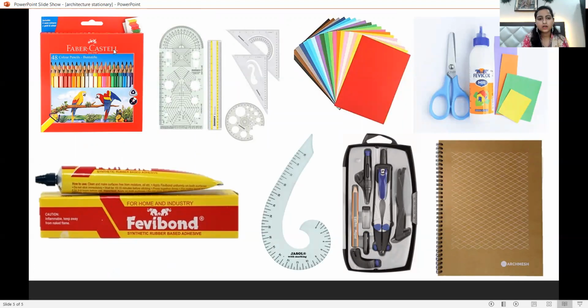And next are some of the other basic things, that is the pencil colors. If you think that the alcohol markers are costly, as an alternative you can also use watercolor pens, water pens, or color pencils. And next are some isometric rulers. These are some of the other scales that you will require: the circle master and the triangular scales. These things are required to make the trees and the small details in your plans and elevations, which are done through these scales.